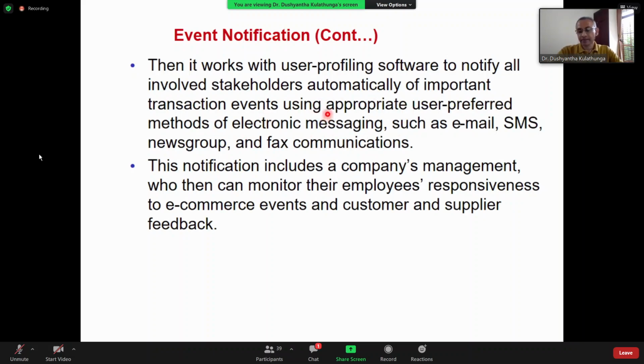When you proceed with a transaction, they may ask your preferred mode of communication, whether it is email or SMS. These are the two most used communication modes by e-commerce systems. You may have opted for email, or you may have opted for SMS. Depending on what you have opted, the organization should send a message regarding the change of status